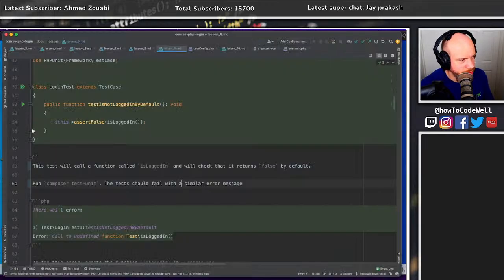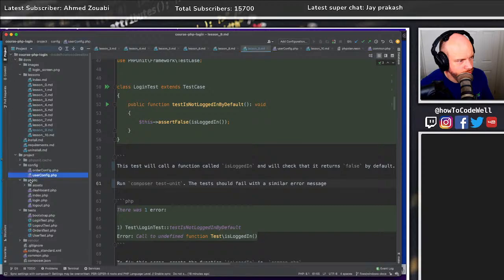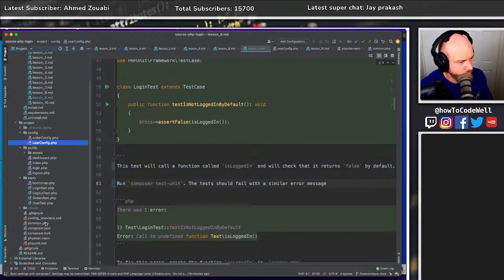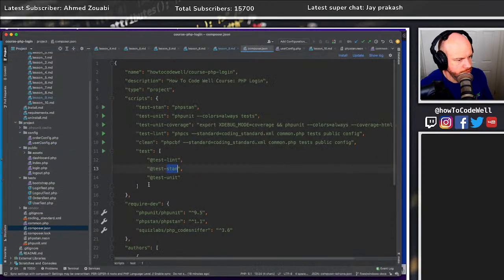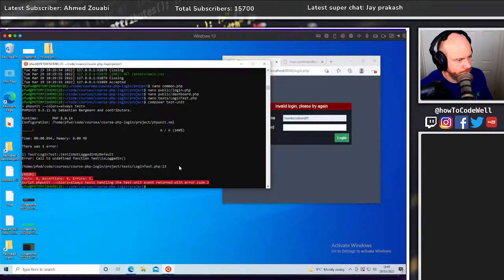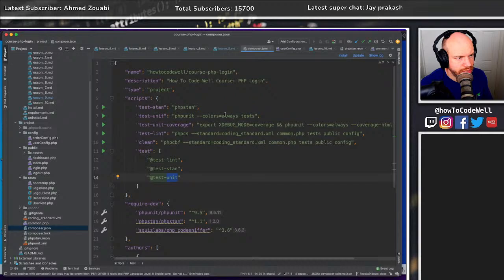It's taking a bit of time. Composer.json, test unit. Yeah, should be okay. There we go. Right, so we've got a call to undefined function isLoggedIn, and this is because